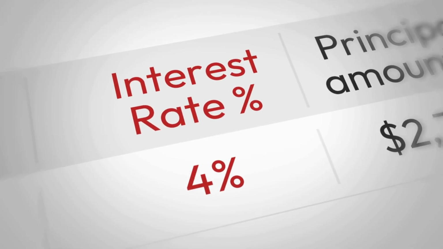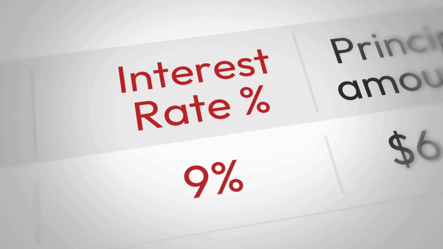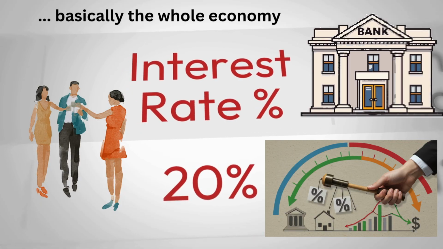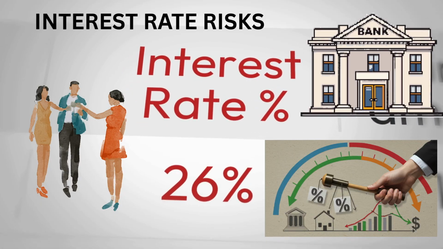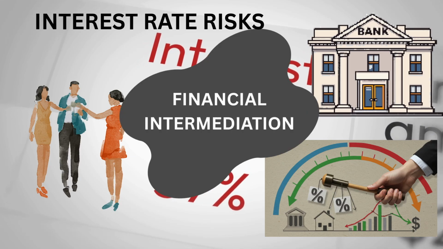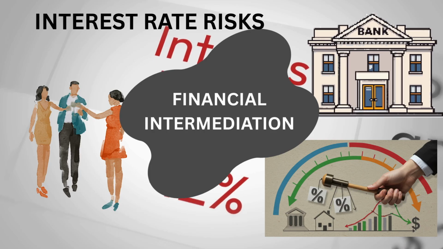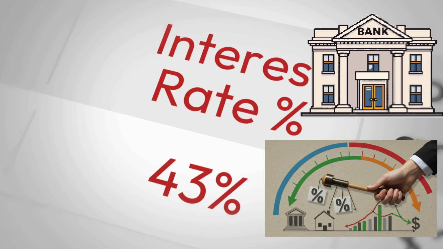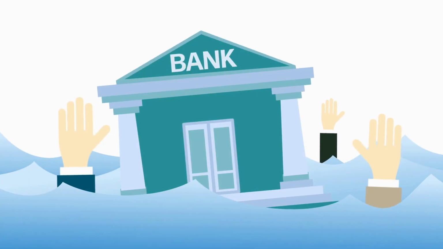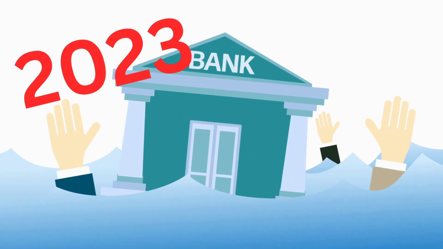Today, we're exploring interest rate risk, how it affects ordinary people, corporate decision makers, banks, and other financial intermediaries. We'll talk about how interest rate risk arises naturally from the business of financial intermediation, which we will explain in simple terms, and how a catastrophic turn of events brought about a supposedly simple case of interest rate risk management into a nightmare situation that brought down a US bank as recently as 2023.